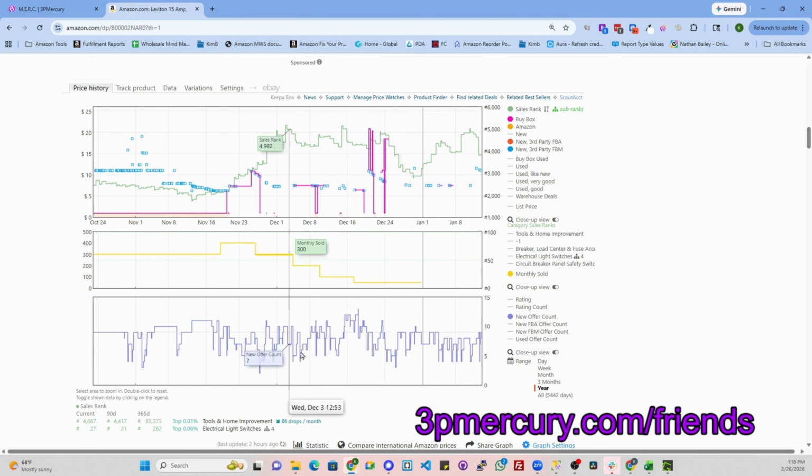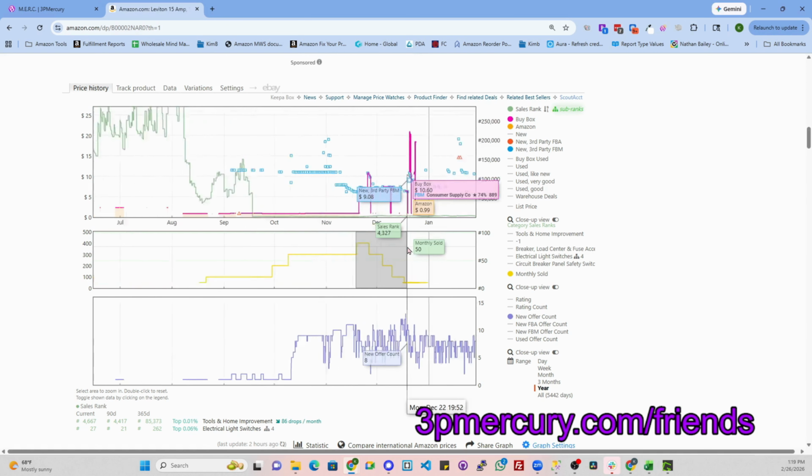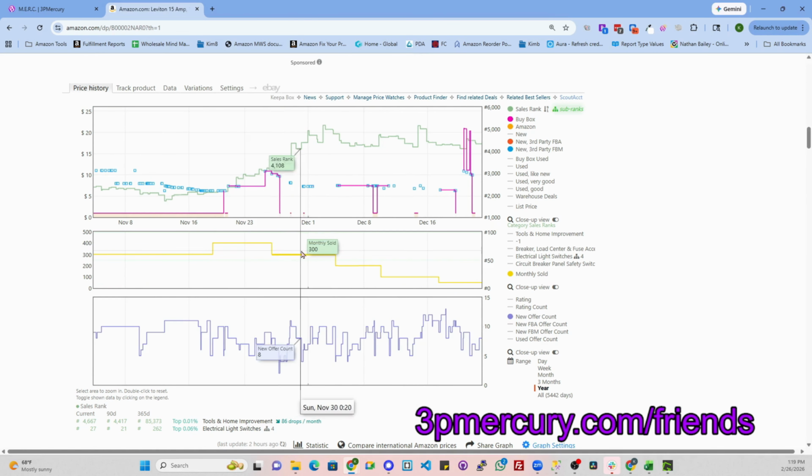I can also see that there is a lot of seller movement here, which indicates sales. And if I zoom out a little bit, the average monthly sold is very high when Amazon is selling it for dirt cheap, 97 cents. So people do buy this product. Now I do see that sales continue to happen, even though it did decline after Amazon is out of stock. But even at a higher buy box, it continues to sell. So there is evidence that this product can sell at a higher price when Amazon is out of stock. You also have to check for certain things, such as